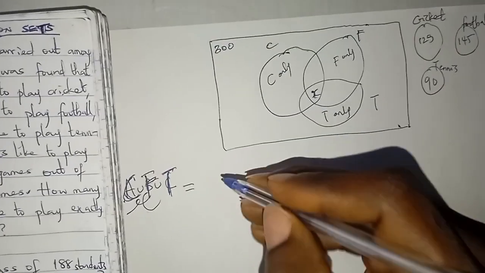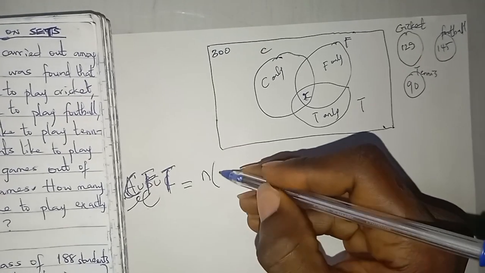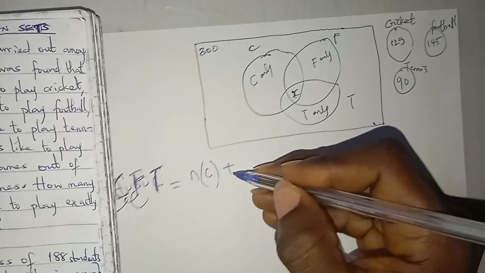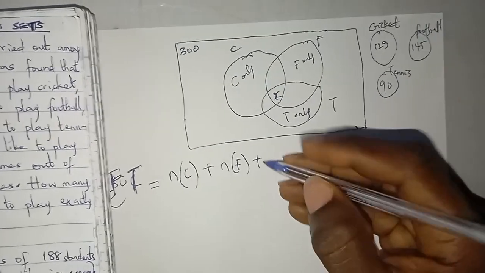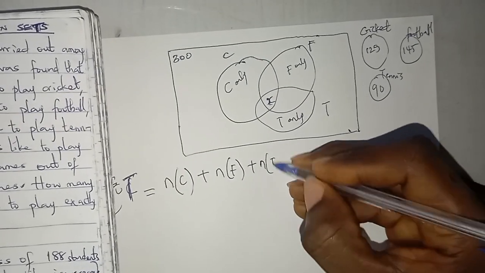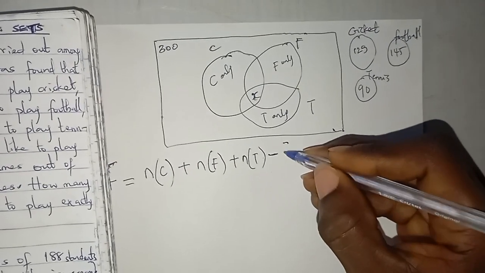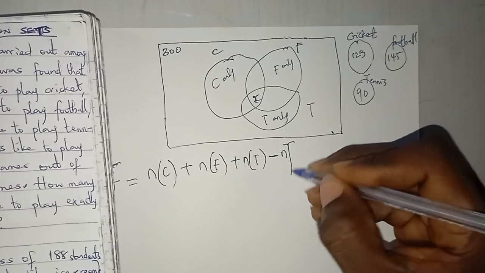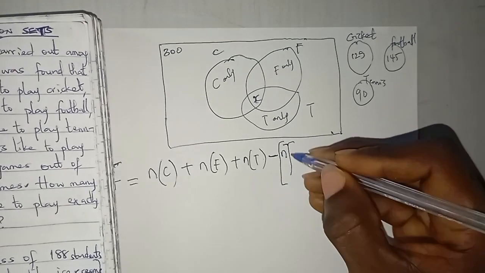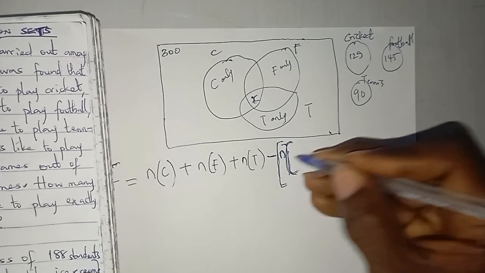It's simply going to be the circle of cricket, which is the number of cricket, plus the circle of football, the number of football, plus the circle of tennis, which is the number of tennis, minus the number of